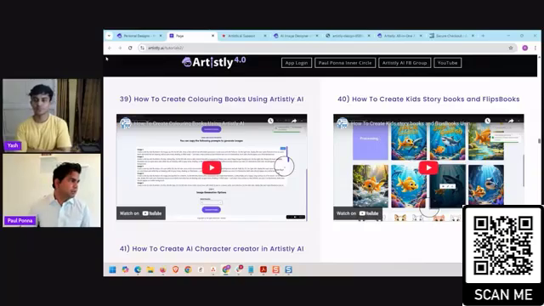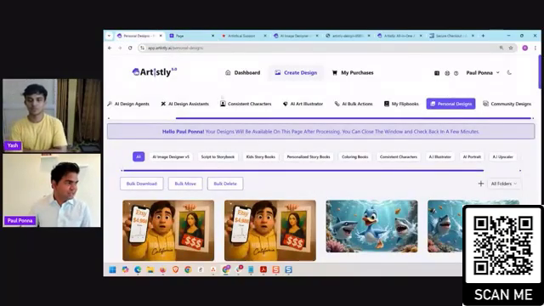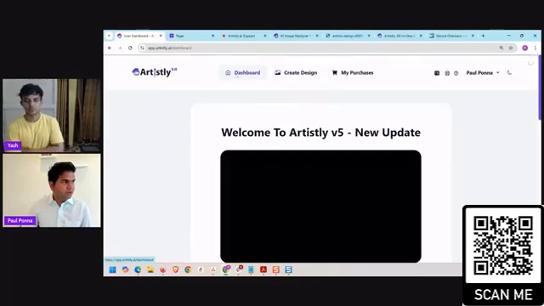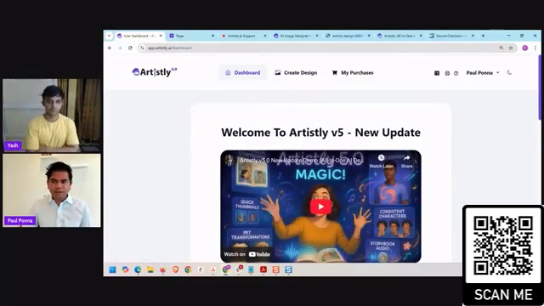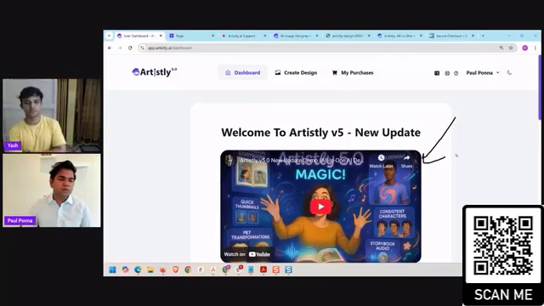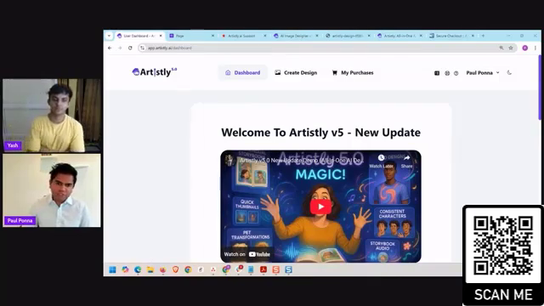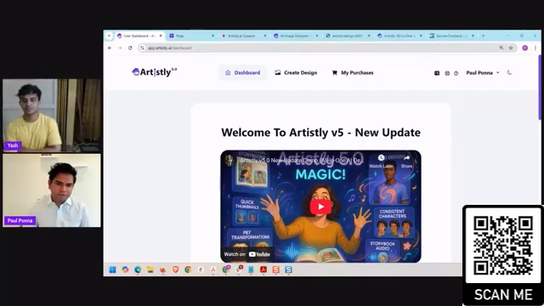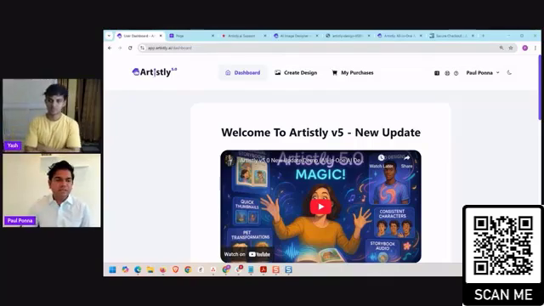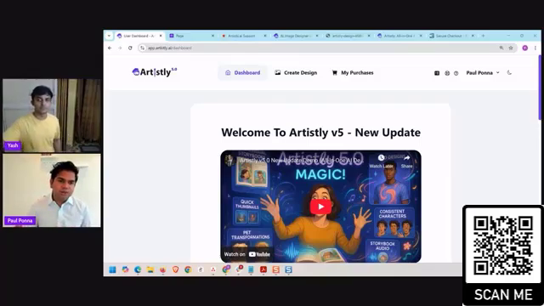Say, for example, one of the things that I noticed is for some of you folks, when you go to dashboard, this was showing V4, right? So what we wanted to do in order to avoid that is we just pushed it into all accounts, so you don't have to see it, because sometimes what happens is somebody logged in a couple of days ago and they're logging back in, that session is from then, so it didn't update. So we made sure that we refreshed it so you all can see that right now, so there's no confusion.